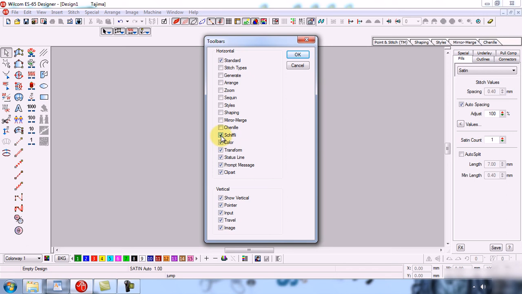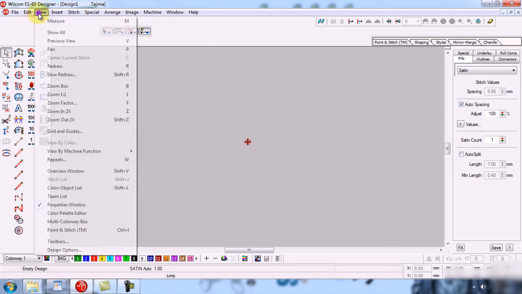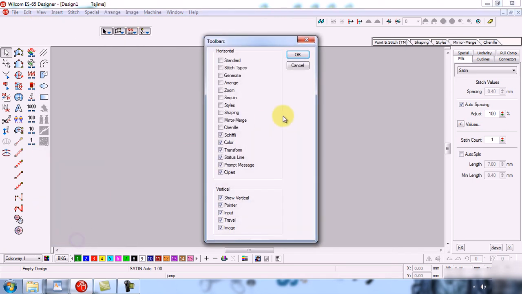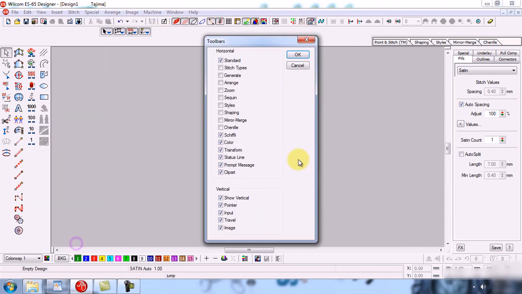For example, there is a toolbar with the name of standard. If I uncheck this toolbar and click OK, you can see that this toolbar has been removed. If you have to insert this toolbar again, check it and click OK, and it will be shown.